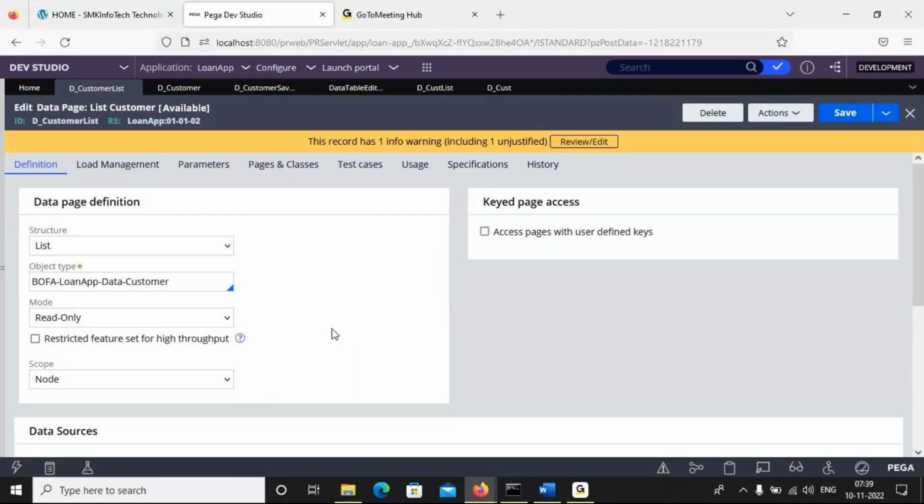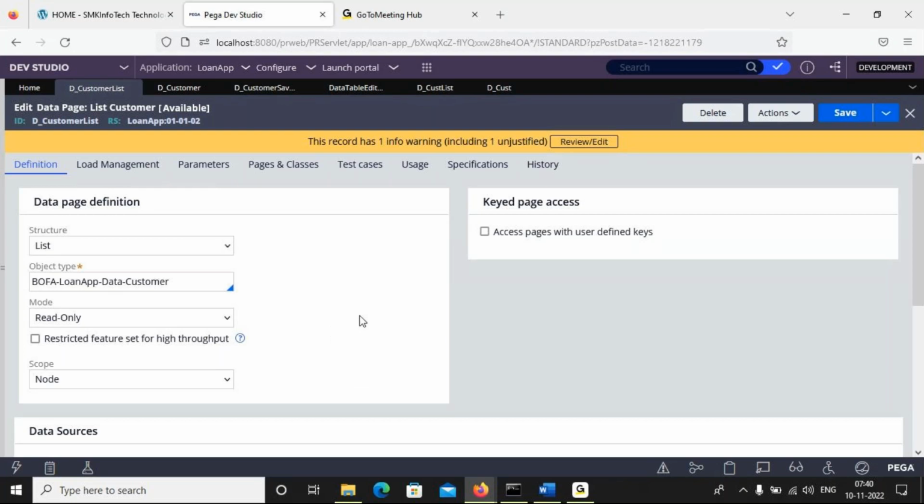If we want to transfer the data from one place to another place within the business logic layer, we can use the data transform rule. Data transform to what? Source to destination. The source should be a property or pages, anything should be there.